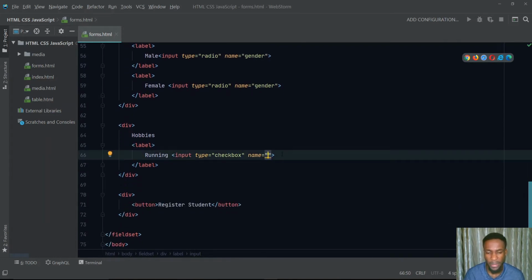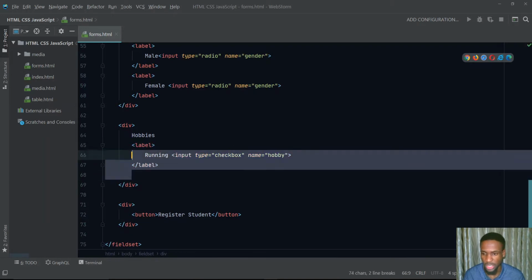So it's not really mandatory for us to add the name attributes in all situations, most especially when we're using some front-end frameworks like Angular. Sometimes we might want to use the name, sometimes we might want to use some kind of custom attributes that have been shipped with a particular JavaScript framework. So that's why I said the name is very good, but it's not mandatory for all kinds of web applications. But for now, I'm just going to be using this. So I'll be calling this hobby,